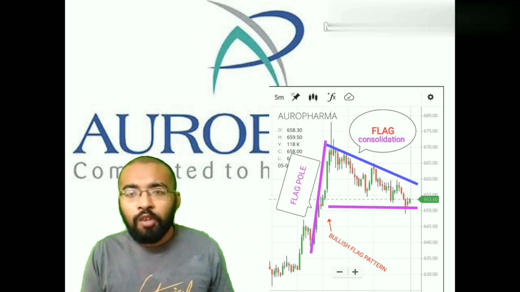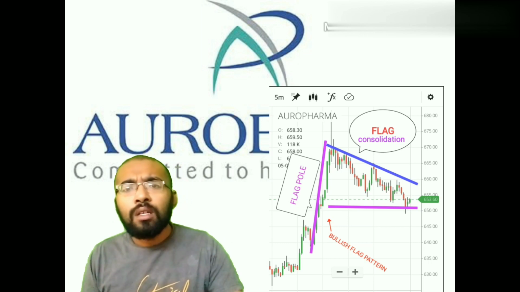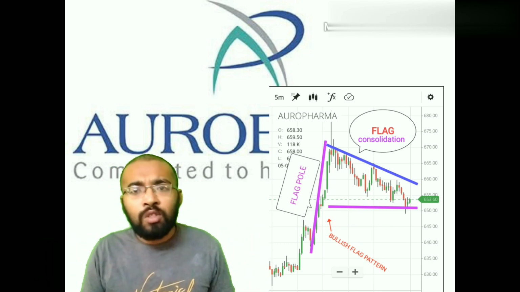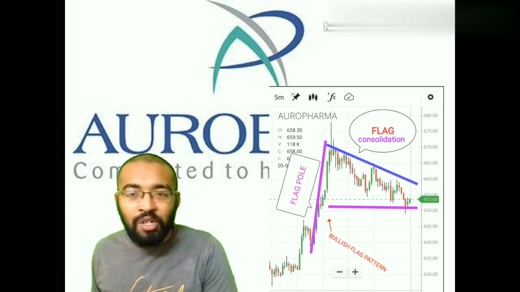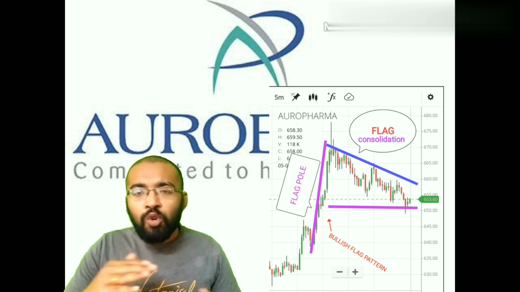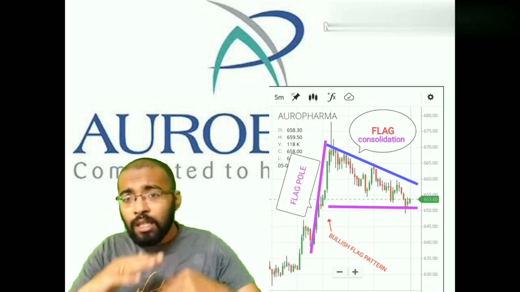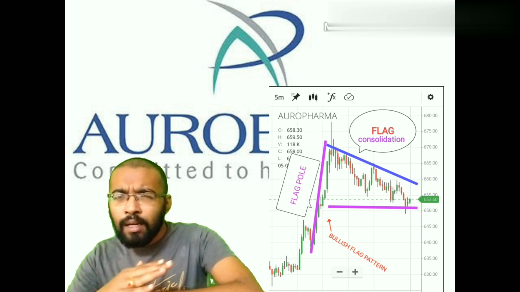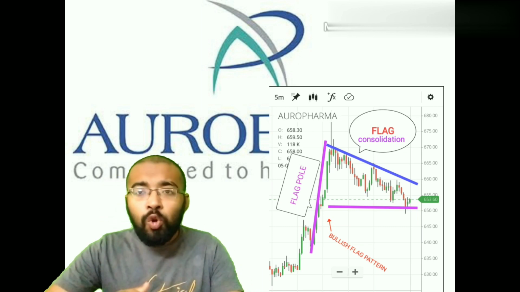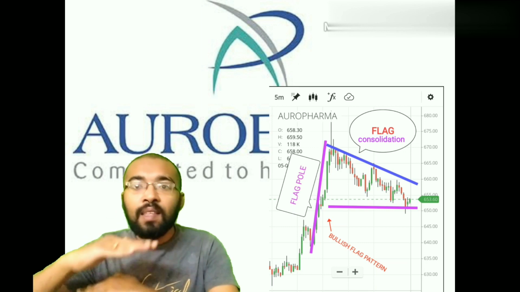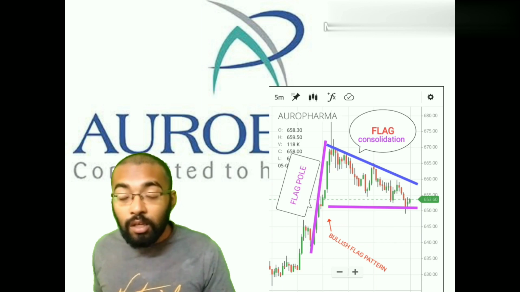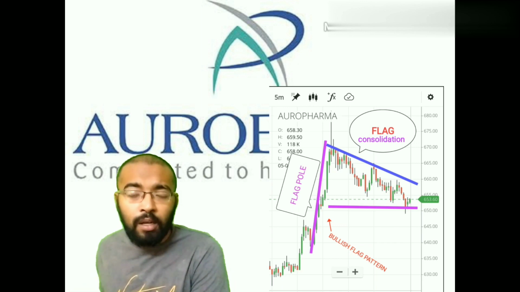So everyone would be asking: rather than going in a horizontal rectangle pattern, it's going in a downward trend, so of course it would be a negative, bearish pattern. But here it is not like that. Certain times there would be a variation from the horizontal rectangular pattern, and the shares may start to move at a slight angle towards the downward trend. But you have to remember that it's a consolidation. The flag represents consolidation, and it strongly indicates that the stock is not going to be moving downwards.